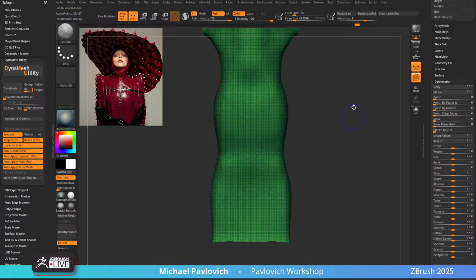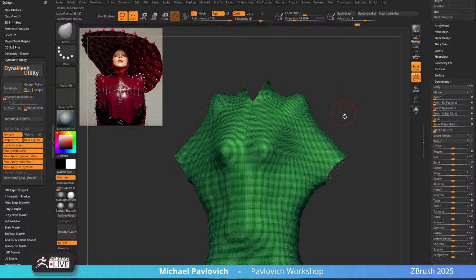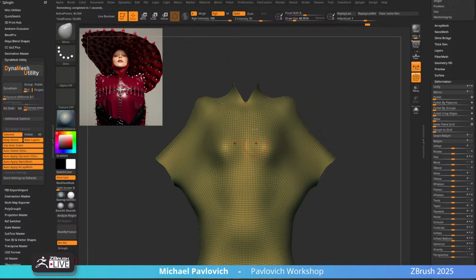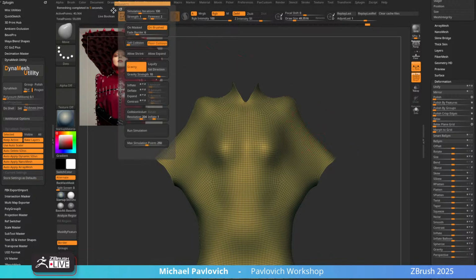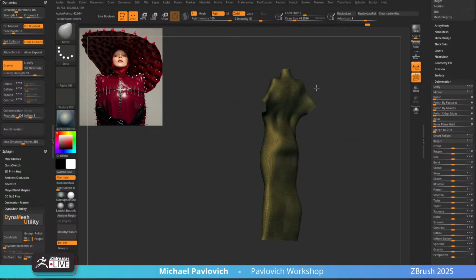on the feet too. Now, if you didn't really care, like you didn't have a ton of detail in here you wanted to protect for ZRemesher, then you could just run a polish by feature and just smooth out, you know, the entire mesh. So just drag that. Yeah, so now when we ZRemesh half, and the reason I'm ZRemeshing is I want, I mean, I could simulate 80,000 polygons. It'll still work. If we go in here to dynamics and drag that over here, our max simulation points are at 250,000. So it'll do it, but I like to have a little bit more control, and I want to,